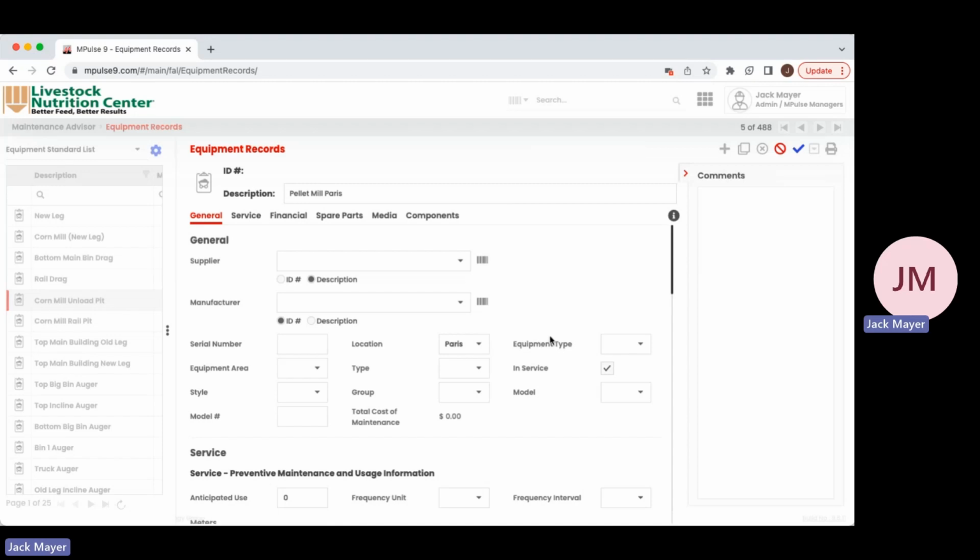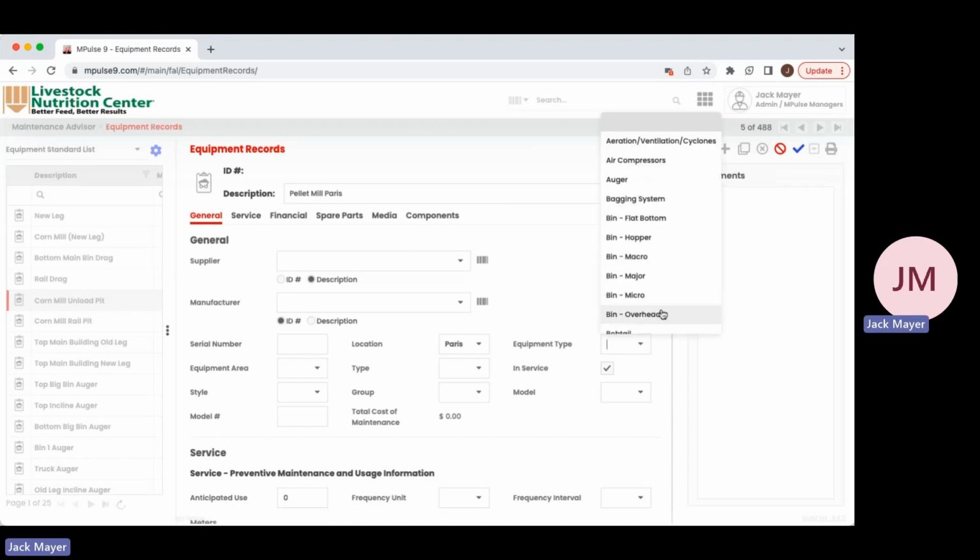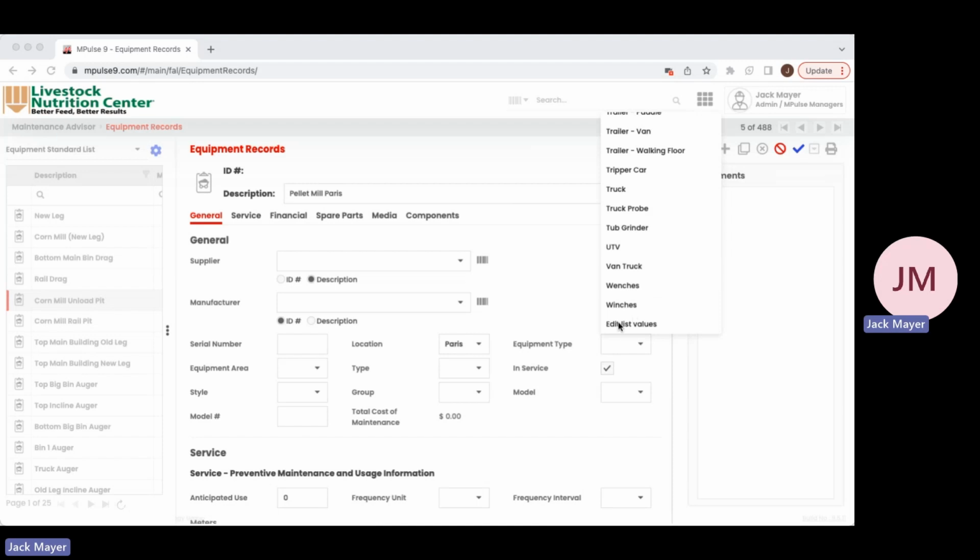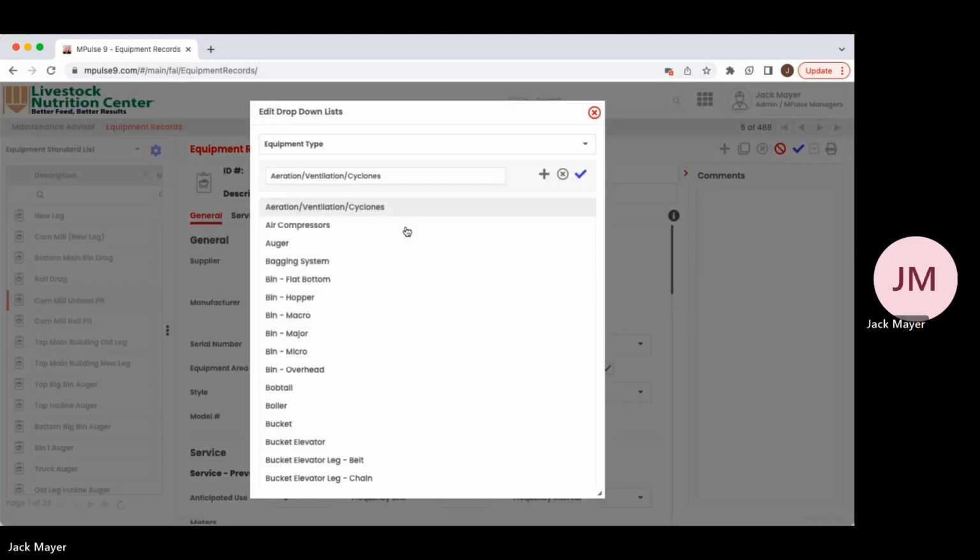not be saved. And so if I were to go to equipment type here, and if for some reason I don't find what I need or a good description of what this equipment is, I can go down here to the edit list values. And then here on the drop-down list, I can go ahead and add a new option, and let's just say